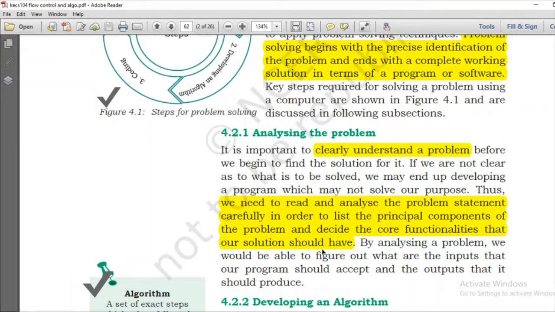अब ऑनलाइन पेमेंट I can provide by using Paytm, or I can use direct banking, or I can use any other e-wallet. So you need to decide these core functionalities, that is, how you are going to enable the booking of tickets. क्योंकि आप फ्री में तो टिकट दोगे नहीं, आपको मनी ट्रांजेक्शन दिखानी होगी. So this is one of the core functionalities. Second, आप उनको सीट कैसे दिखाओगे कि ये सीट अवेलेबल है, ये सीट अवेलेबल नहीं है. So these are the points which you need to analyze before the problem solving.